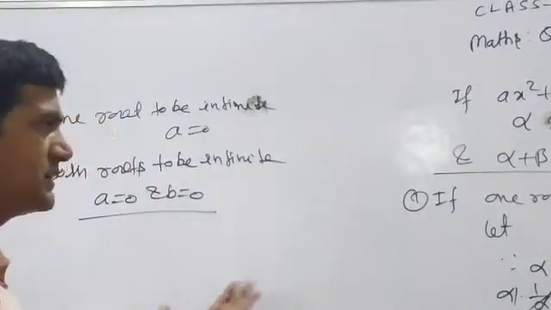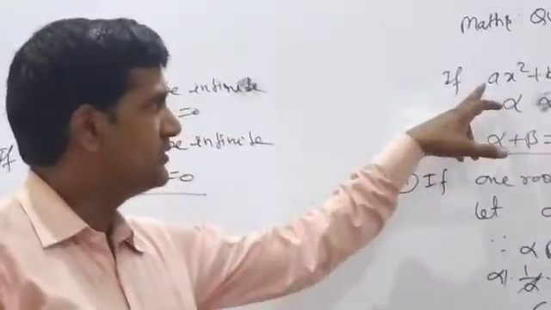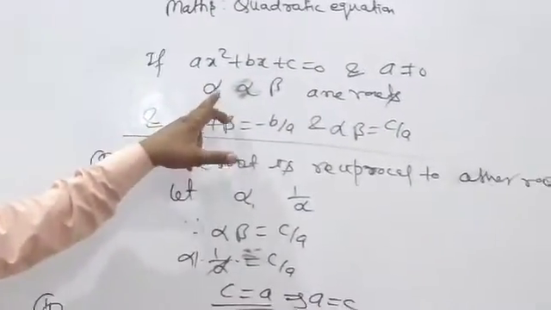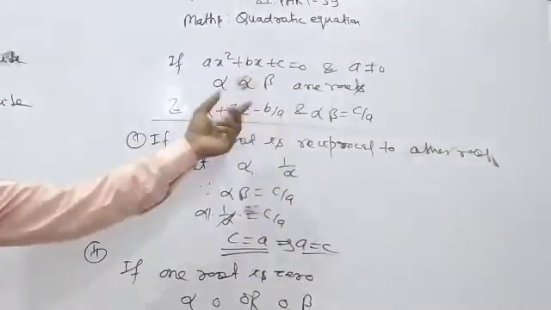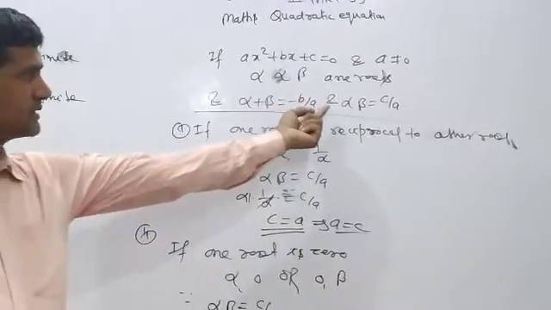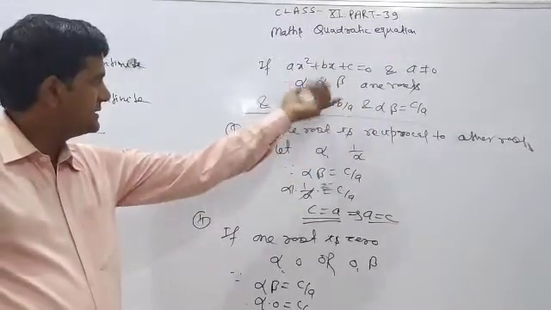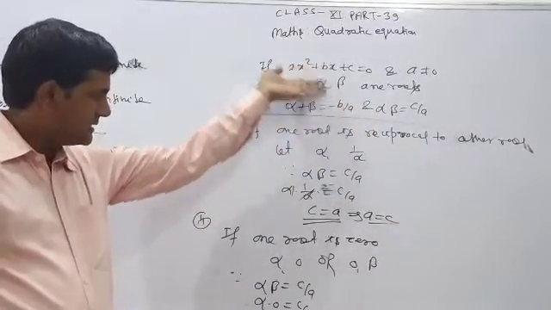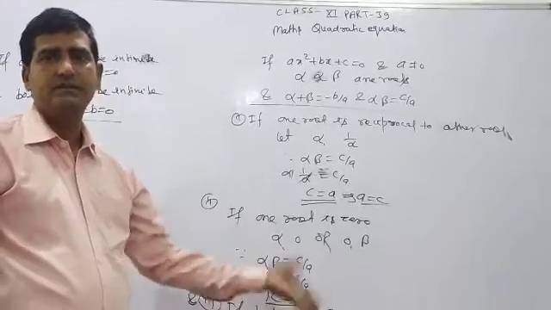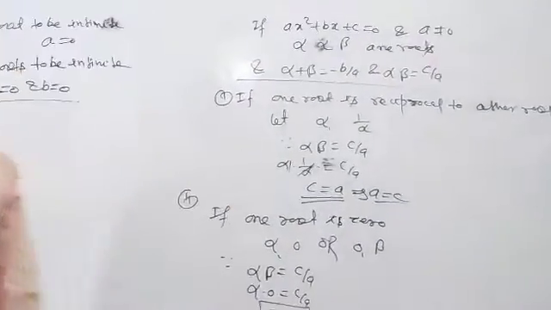You will do practice about the conditions and learn also here. Very simple. If you know only this equation and alpha and beta, the roots of this equation, the sum of alpha and beta is equal to minus b by a and the product of alpha and beta is equal to c by a. With the help of these roots, we can find all the conditions in a simple way. Clear? I am going to give an example here.